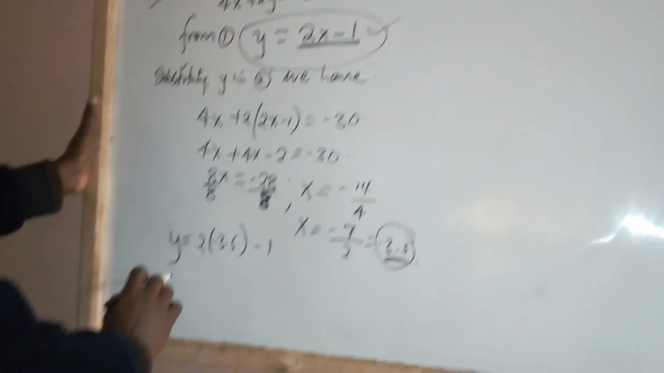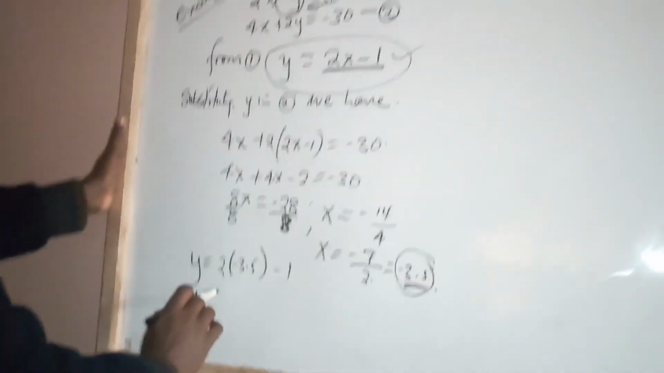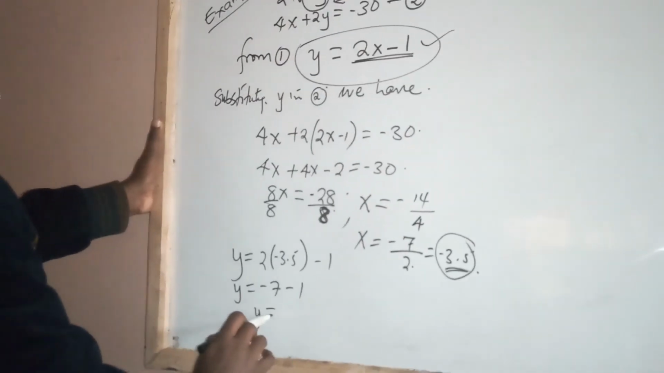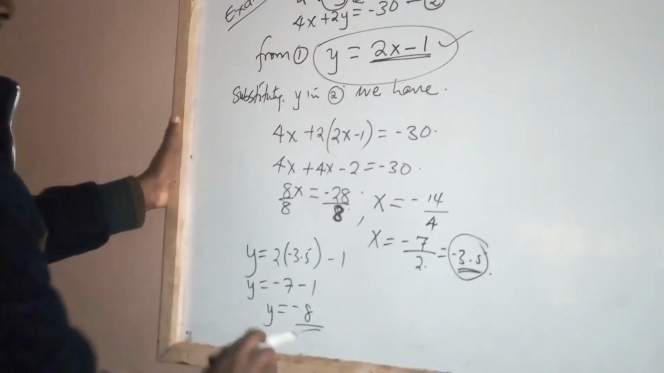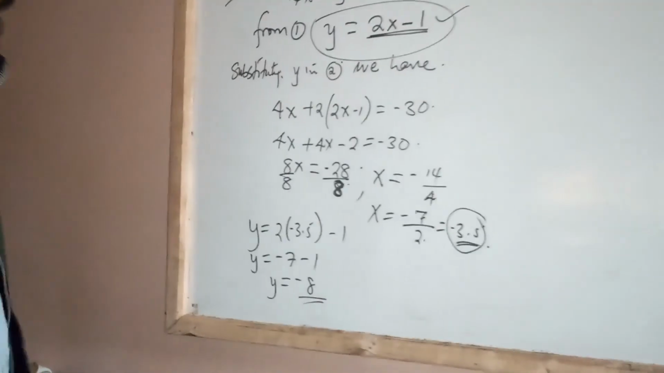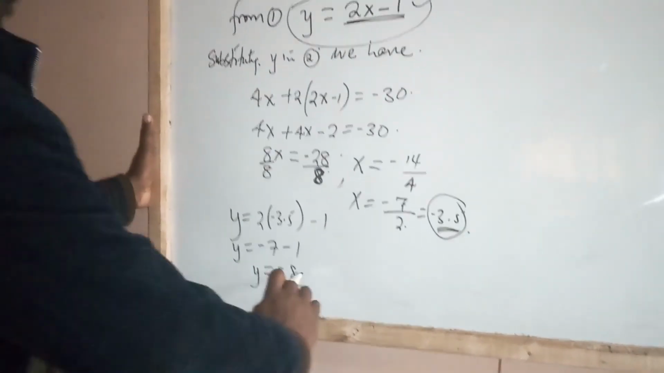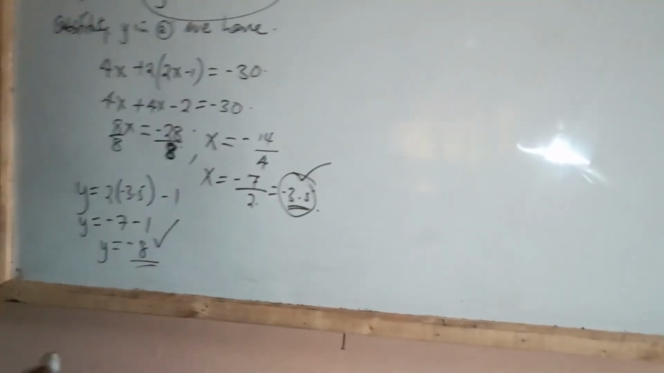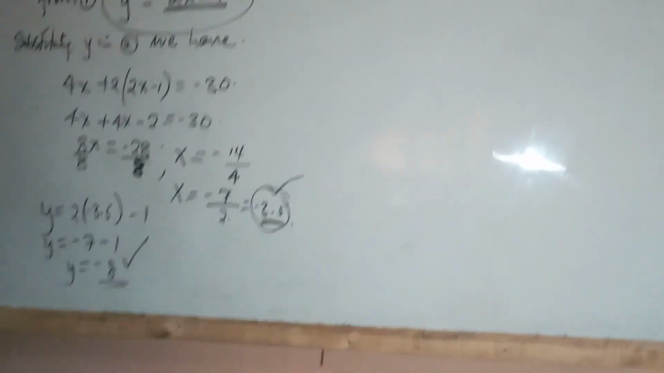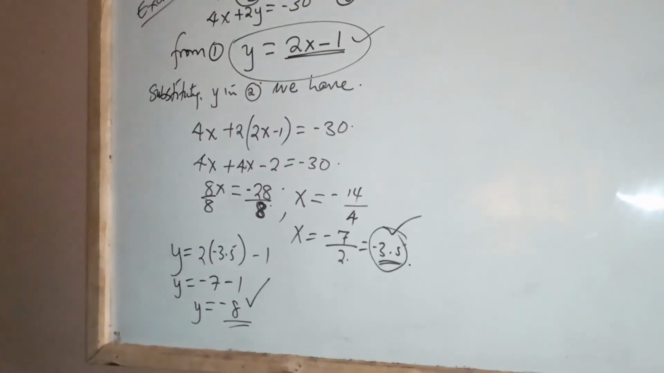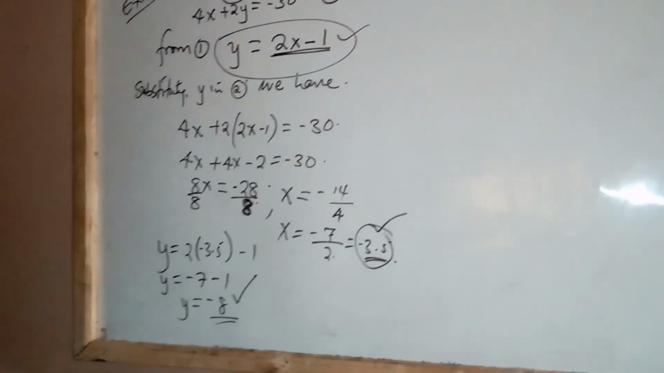minus 1. So y is equal to minus 7 minus 1, and you can already see y is equal to negative 8. At that point, you will have both unknowns: x is equal to minus 3.5 and y is equal to negative 8. And at that point, you will be able to use either the elimination method or